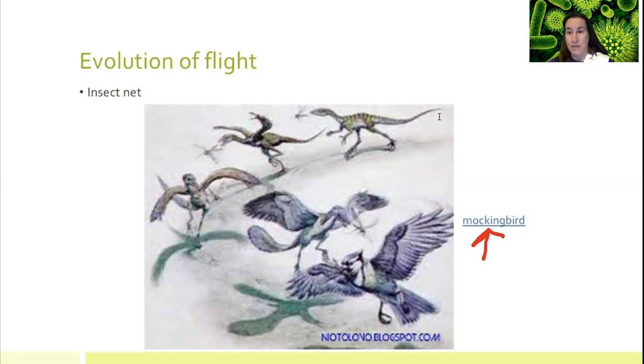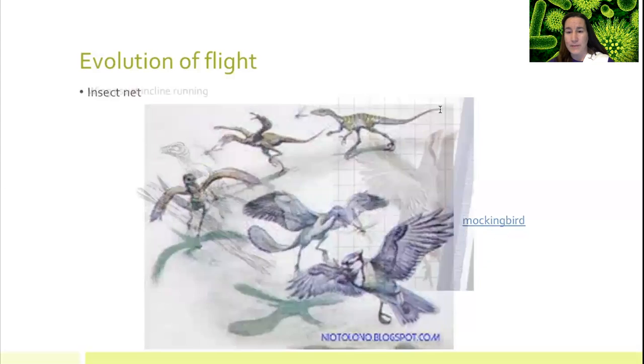And they get up and they move and they expose themselves, and then the mockingbird's like, I got you, and they eat the insects. So they could use it as an insect net, is another way that they thought wings may have come about.